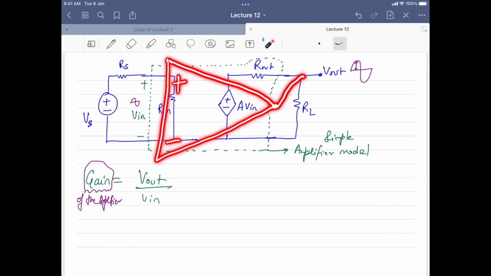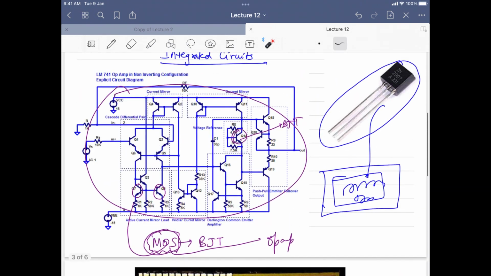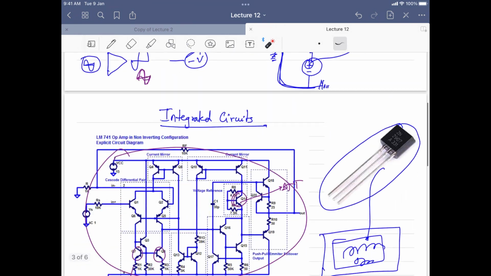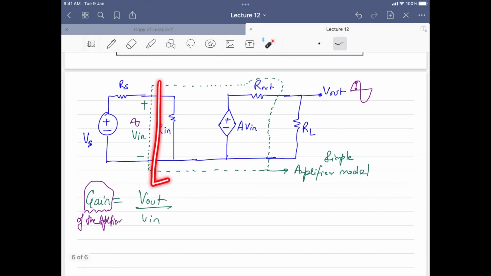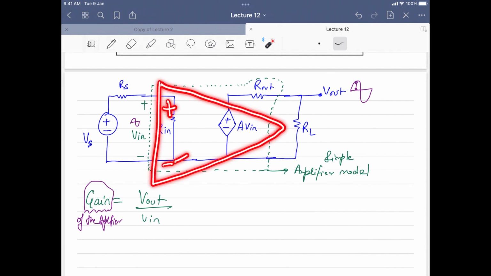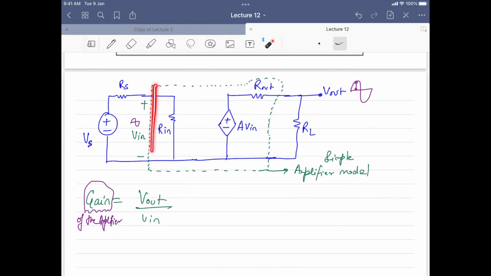This is your output pin here. So this is 6th pin, this is 2nd pin, this is 3rd pin, or whatever, plus minus, I forgot. So yeah, it will be somewhere down the line like this. This will be minus, this is plus, this is minus, and then you have the output pin, which is the output port. Okay, so we are actually replacing this op amp by a simplified model which looks like this.